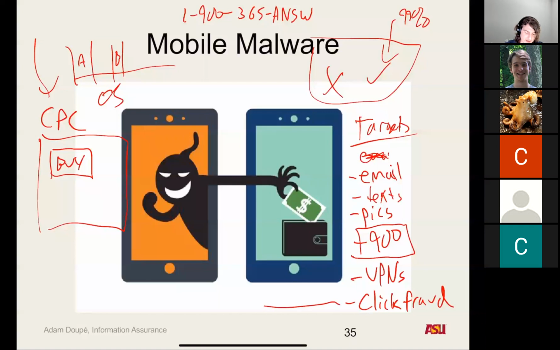And so click fraud is when people fraudulently create fake clicks onto ads so that the publisher buys them. So this website's actually controlled by the attacker. Nobody ever really visits that website, but they've created malware that fake clicks on these ads by sending web requests. So these are the types of things that mobile malware can do on your phone, and there have actually been examples of this.